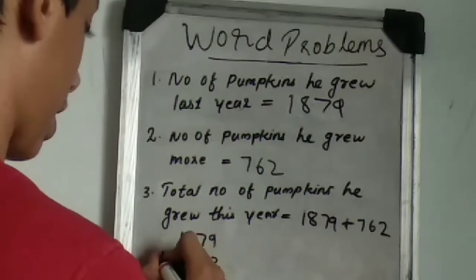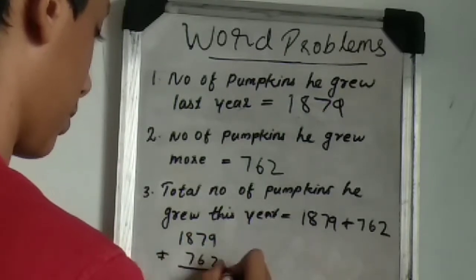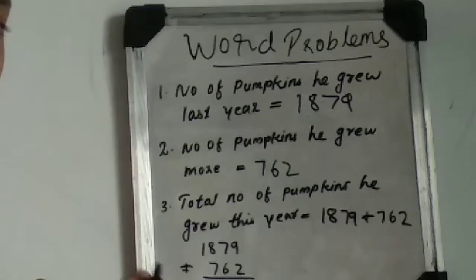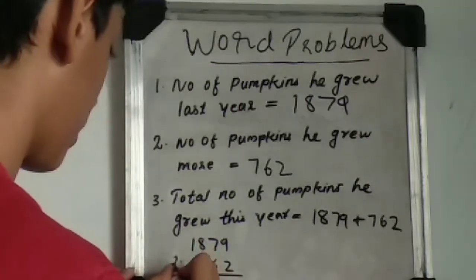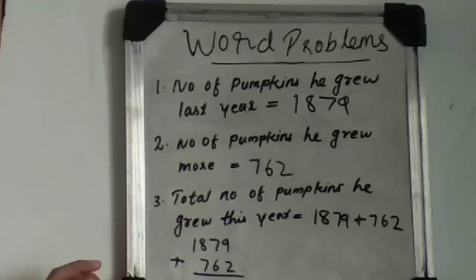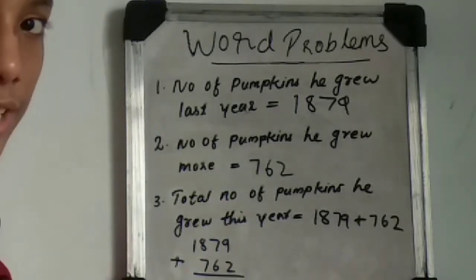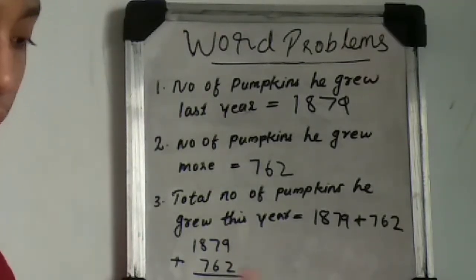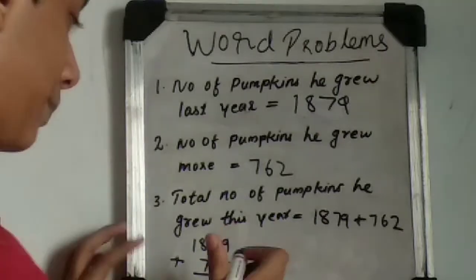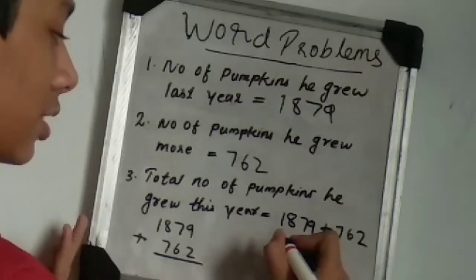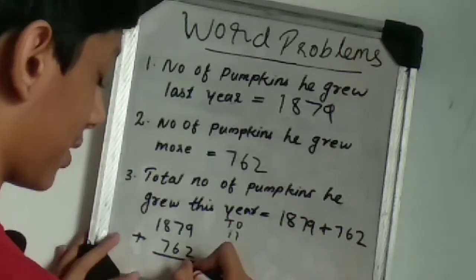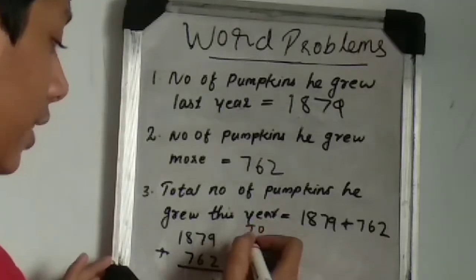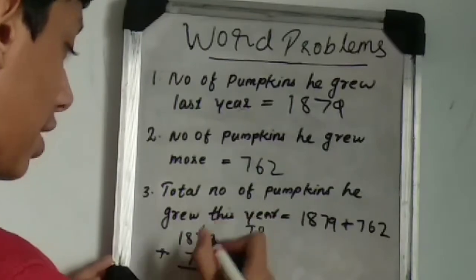So we can add it. 2 plus 9. We can take 9 in our mind, 2 in your hand. After 9 it is 10, 11. So a 2-digit number is coming. Write it here, tens and ones. In the ones place it is 1. In the tens place it is 1, so it is a carryover here.